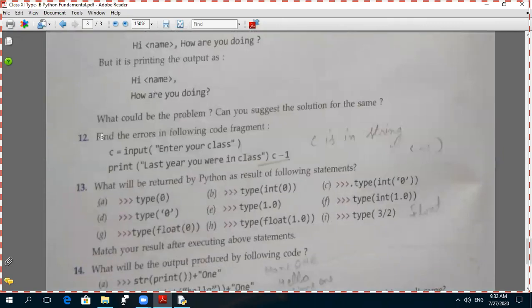Question number 12. Find the errors of the following code fragment. Just find the error. Do it fast. Got the error?